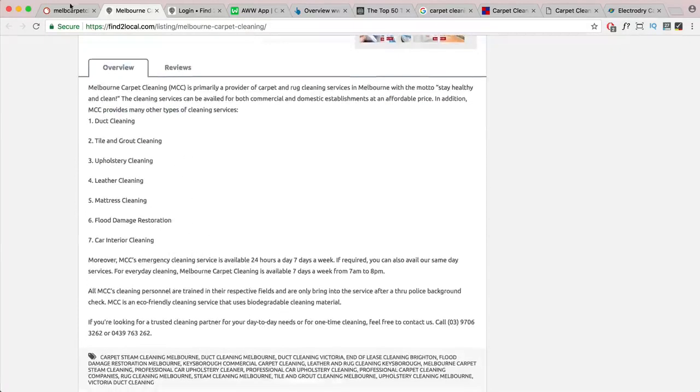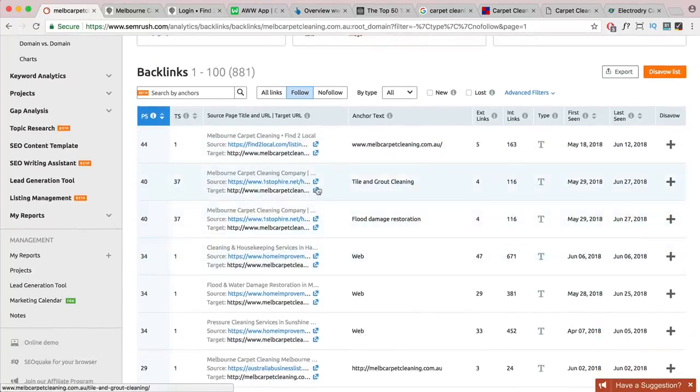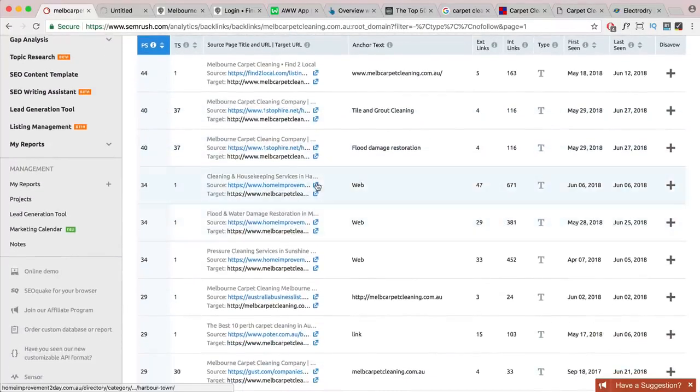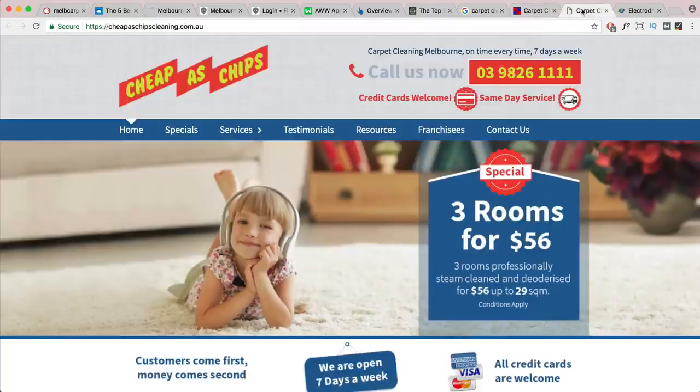So you want to have a lot of local directory websites, and I find that if you have a few of those, your pages will start ranking. This is probably the easiest type of link that you can get because you don't need any sort of approval for it, and you can go through all the links here. Let's click on the next one and have a look. I'm going to have a look at a few of these, and I'm also going to have a look at